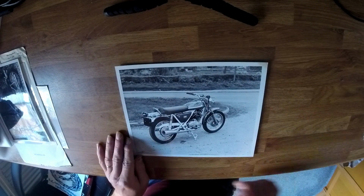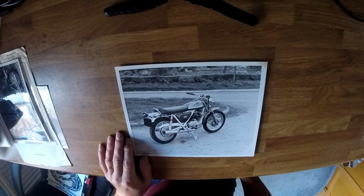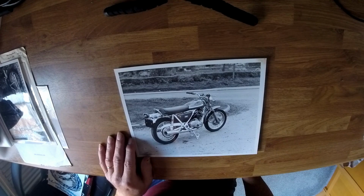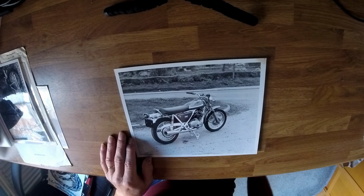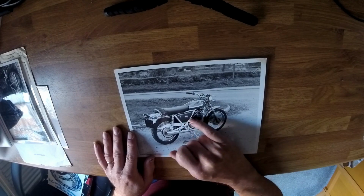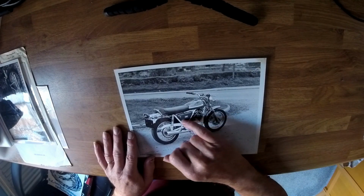And then one other photo that I've never seen before is this one. I came across this one on one of the usual auction sites, and I don't know the origins of this particular example, or even if it exists now. It's not my bike, and there are various details on the bike that allow me to identify as such. One of them being the fact that on the side panel, the lower third of the side panel oil tank was in dove grey, similar to the frame, but in this one it's difficult to discern, but it looks as though it's in black,